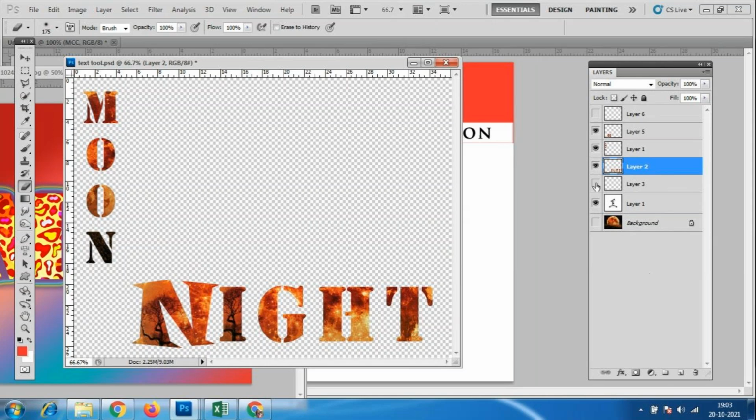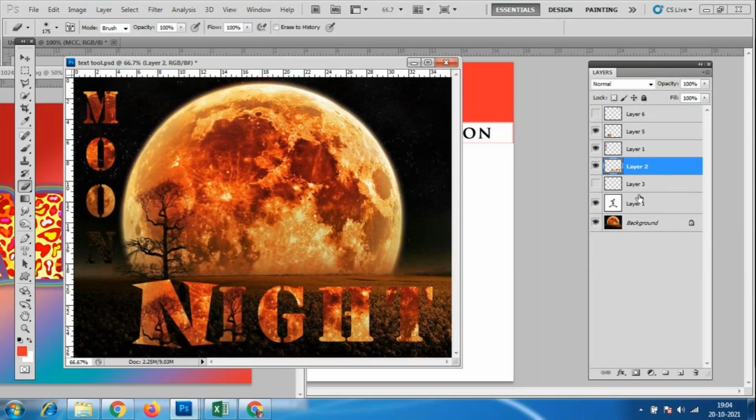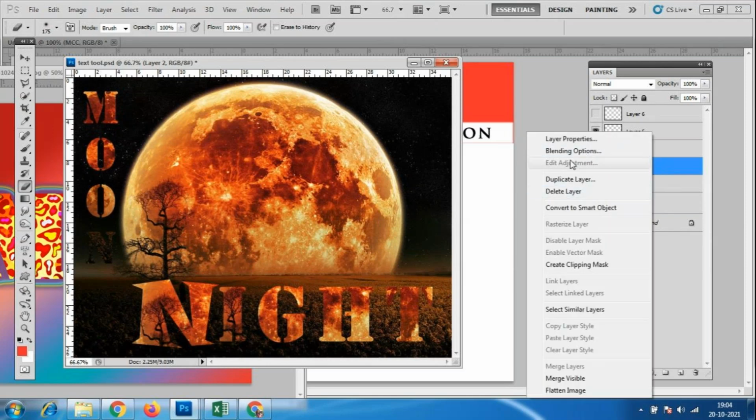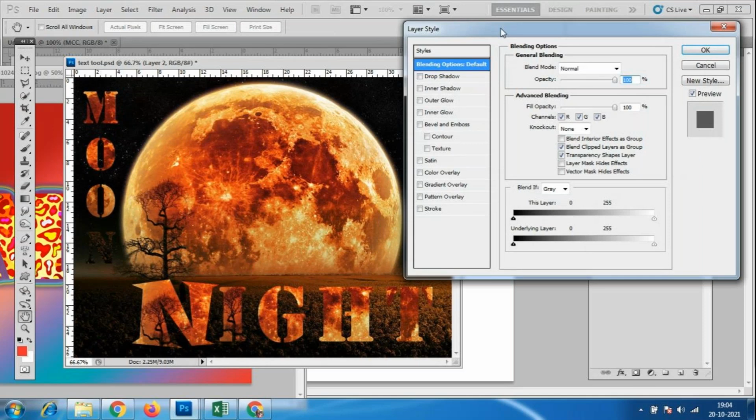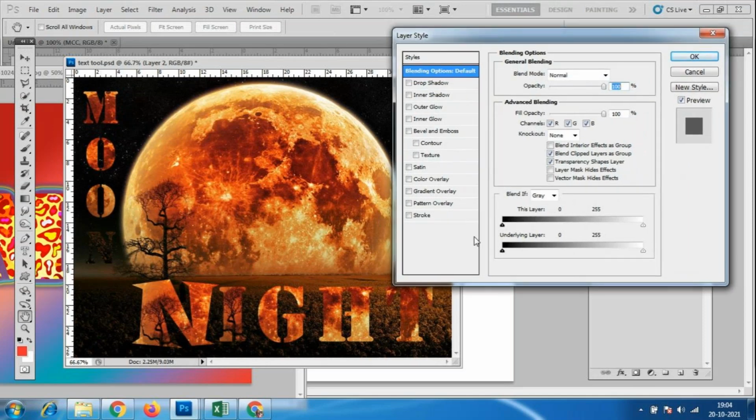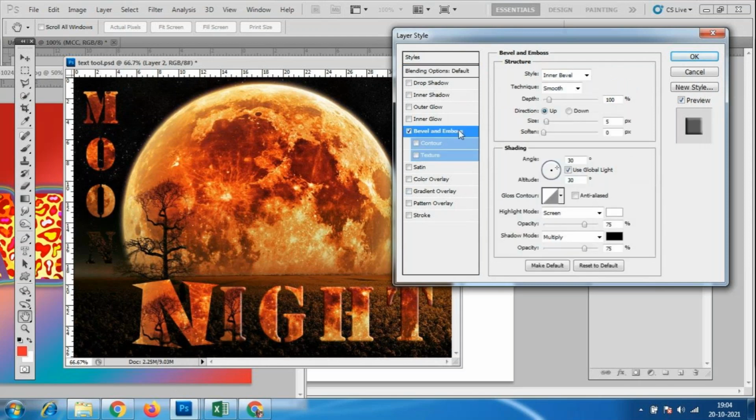I'll go to this option, blending options, and if you want to see very clearly you have to take the plain background and apply the text. Otherwise, look at here, this is the bevel and emboss. So in that, if you click on here, you can see the texture on this.